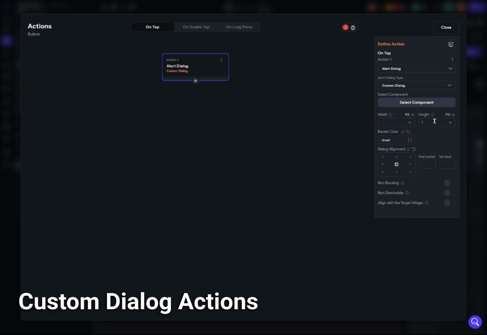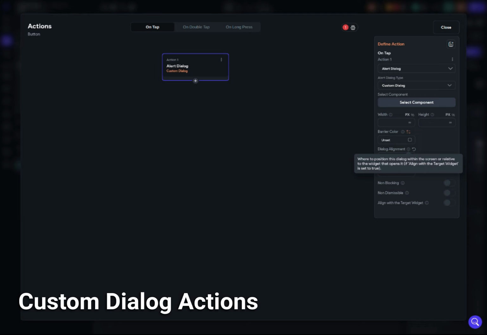And we have the width and the height. We have the barrier color. We have the dialog alignment. So the dialog alignment is where to position this dialog within the screen or relative to the widget that opens it,